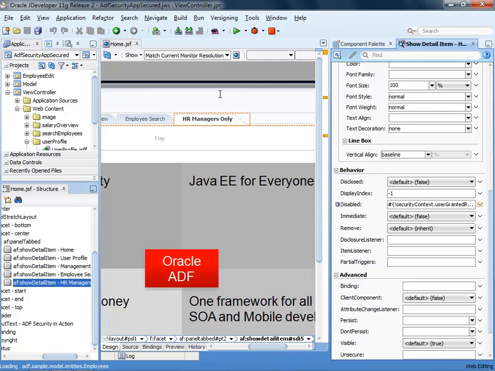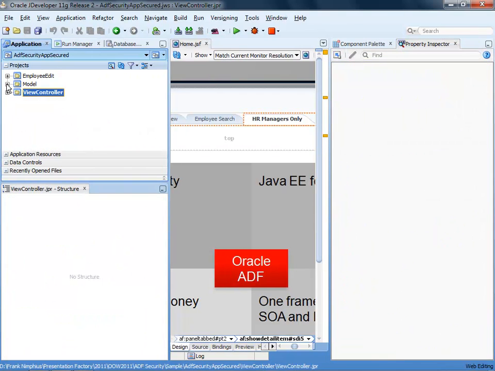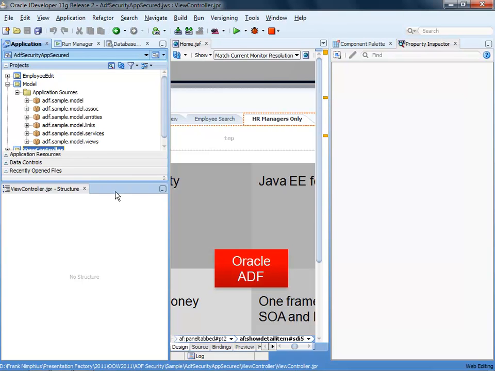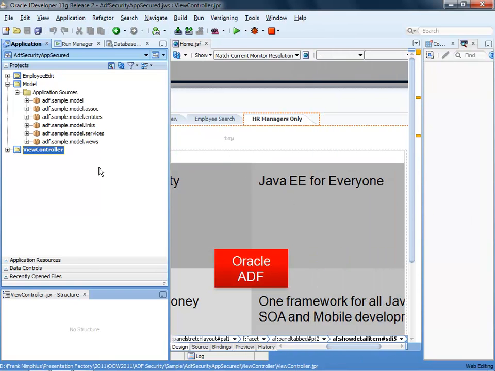So let's close that one and move on to how we use the security context on ADF business components. As I mentioned before, the best integration that we have in ADF with the ADF security context is if the model is business services, because if ADF business components is used as a business service, then we do have an integration to the same security context. And if I go to